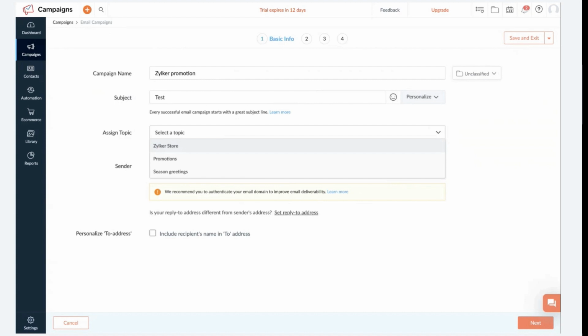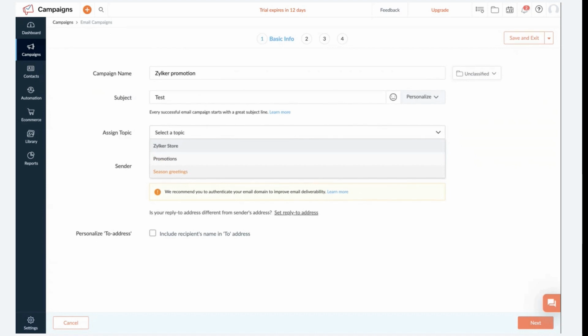To give you the context, look at the options here. So Zilker store is the product. So I am able to associate a product or the list of products that I have, or a service or the list of services that I have as part of my larger organization, and have the topics listed under the respective product or products. So Zilker store is the product, the e-commerce store here, and these are the topics